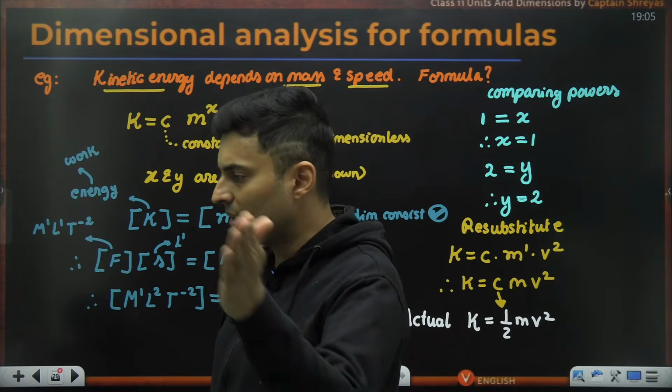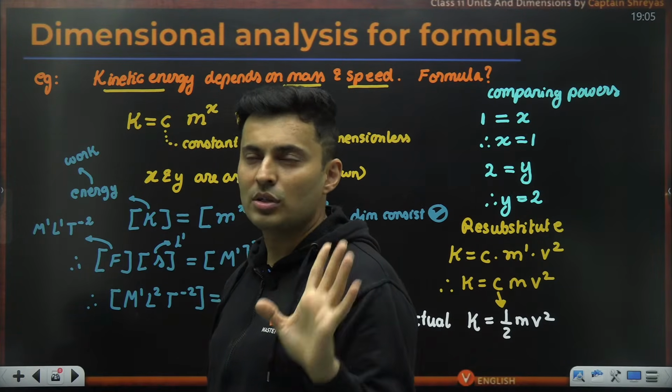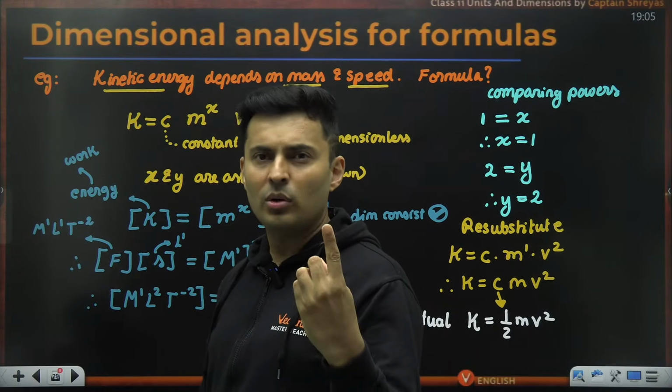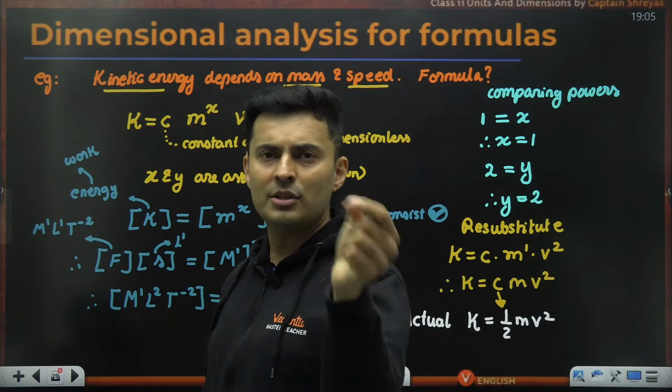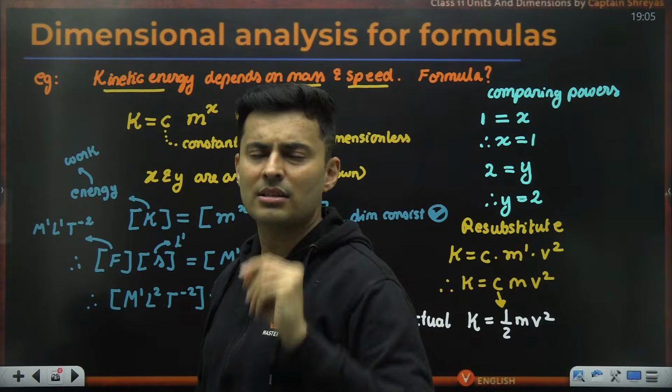So build that slow consistency and gradually increase it. If you say, sir, 10 questions is not possible, okay, start with 2. Start with 1. Today you do 1, tomorrow you do 2. Within 10 days, you will reach 10. Just give me 10 days. Within 10 days, you will reach 10 questions.